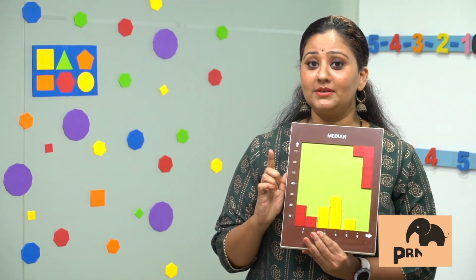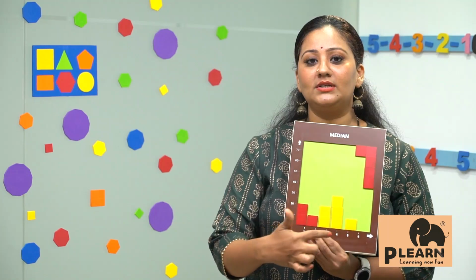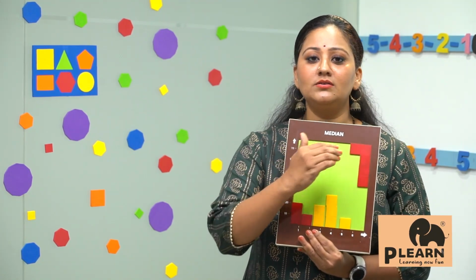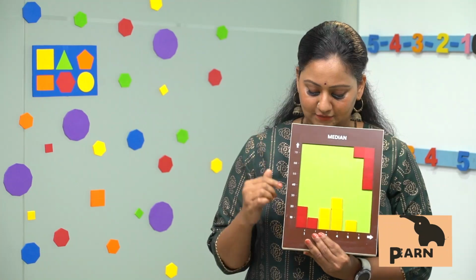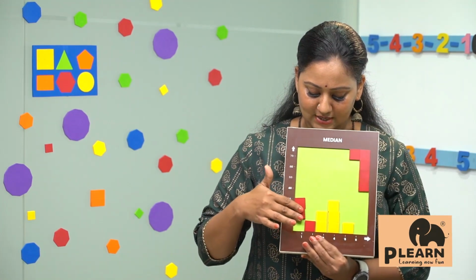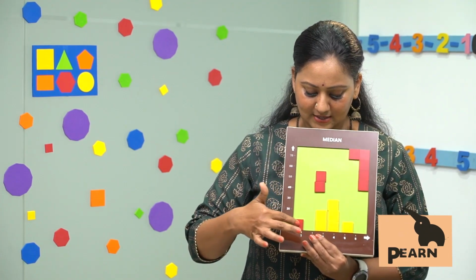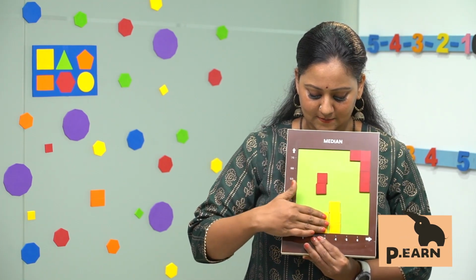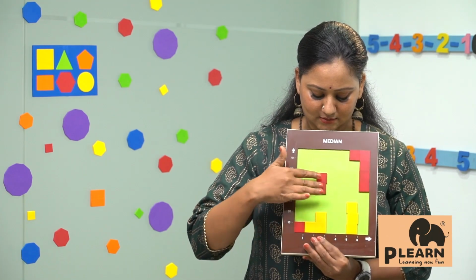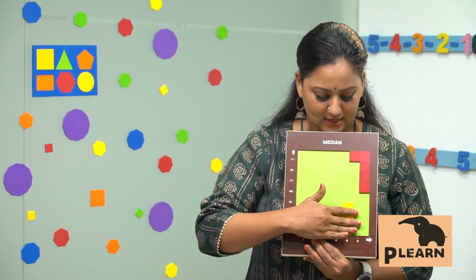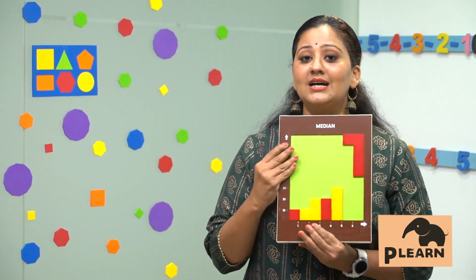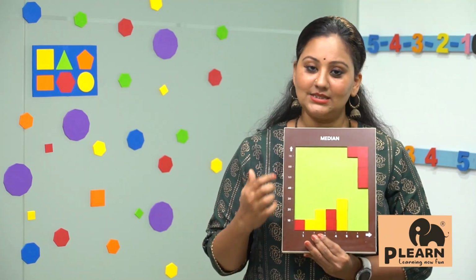The first step is you need to arrange this whole data in the ascending order, that is numbers from small to big, increasing. So first let's do that. I'm going to rearrange this and arrange this in the ascending order. So I'm going to keep the 1s first, then we have the 2s and then 3. So this given data has been arranged in ascending order. So you can see this here.